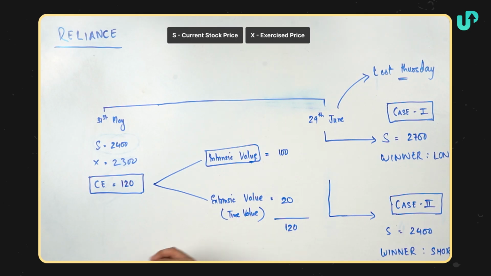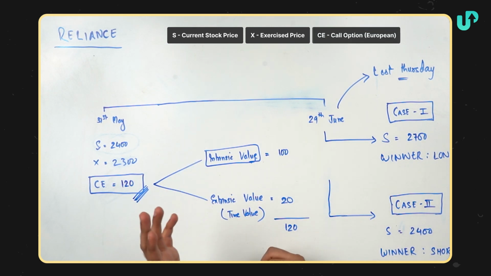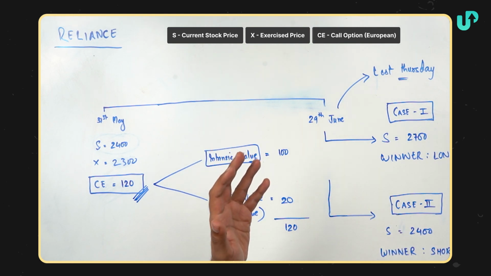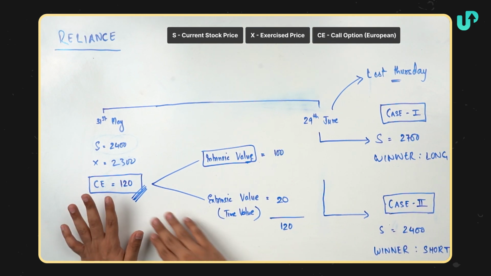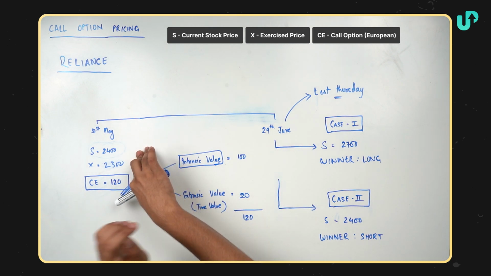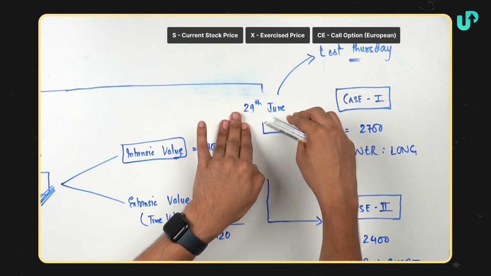That premium amount is, say for example, 120 rupees right now, and you need to pay that money in the market to the person who is willing to take a short position in this transaction. So the call option premium value, or the call option price, is 120 rupees for this exercise price, for a time duration of 1 month, that is, the expiry is on 29th June,